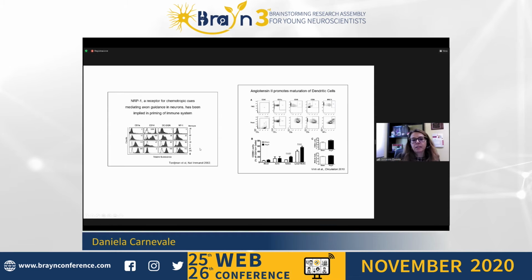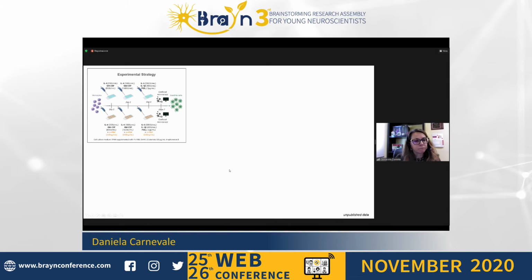And this is interesting because angiotensin II has been demonstrated to promote this process of maturation of monocyte-derived dendritic cells. And in particular, in the model of angiotensin II-induced hypertension, it was shown that in the spleen there is a significant proportion of dendritic cells that derive from monocytes, and that these cells express the co-stimulation markers that are important for priming T cells that in turn are recruited toward the target organs. Thus, we questioned about the role of this